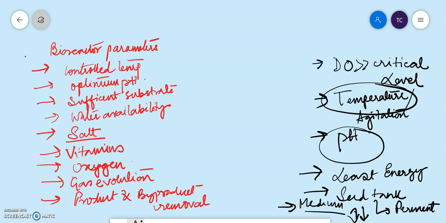So all these things have to be kept in mind along with the bioreactor parameters for the design of an efficient bioreactor. In this lecture video, I have briefed you about what a bioreactor and biofermenter are, the criteria for designing a bioreactor, and the parameters to be kept in mind while designing it. In the next video, we will be discussing the bioreactor design with its basic parts, its classification and its function.